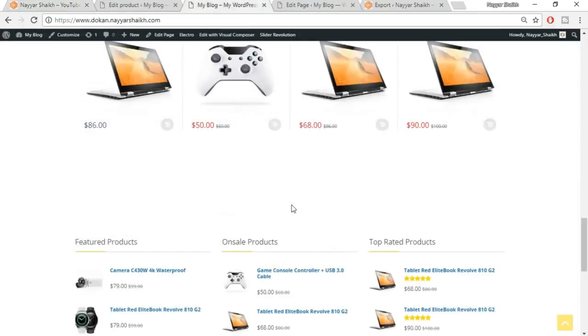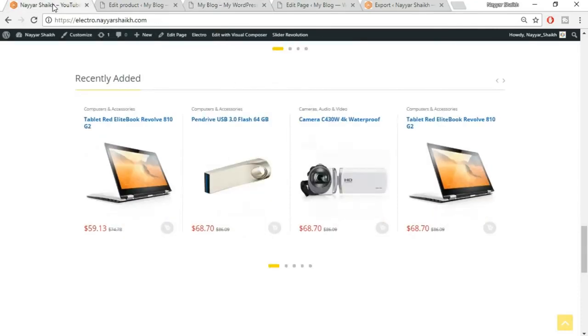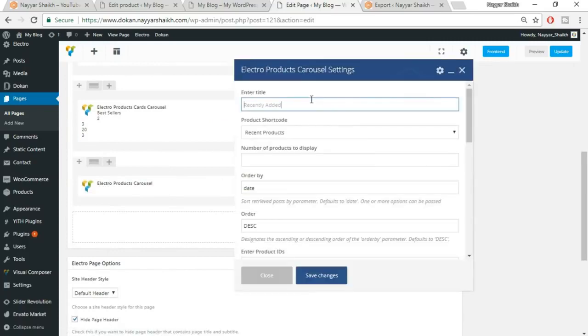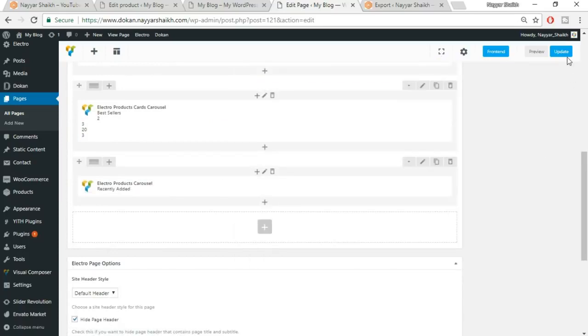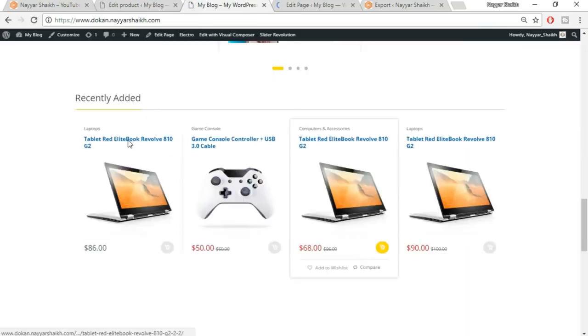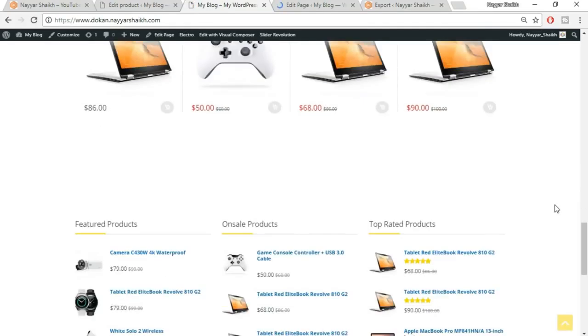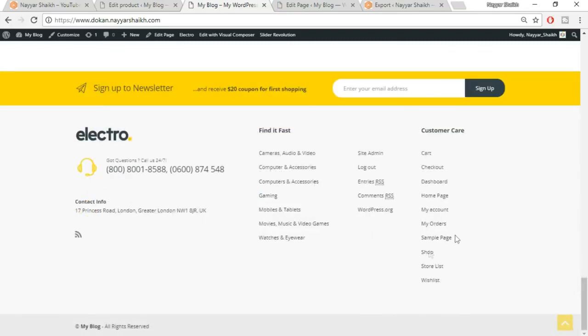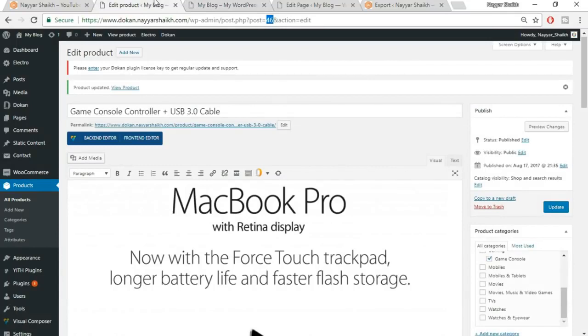Okay, we can see this, but as you can see there is no title, nothing, so we forgot to put the title. Just copy this title, again come back over here, just edit this, enter title, click on save changes, click on update. Now everything will be fine. Just refresh the website. Okay, now we can see this looks awesome now, and this is already here. Okay, now we have to do some changes over here in the footer section, and we also have to remove this section. Okay, so come back to your dashboard,